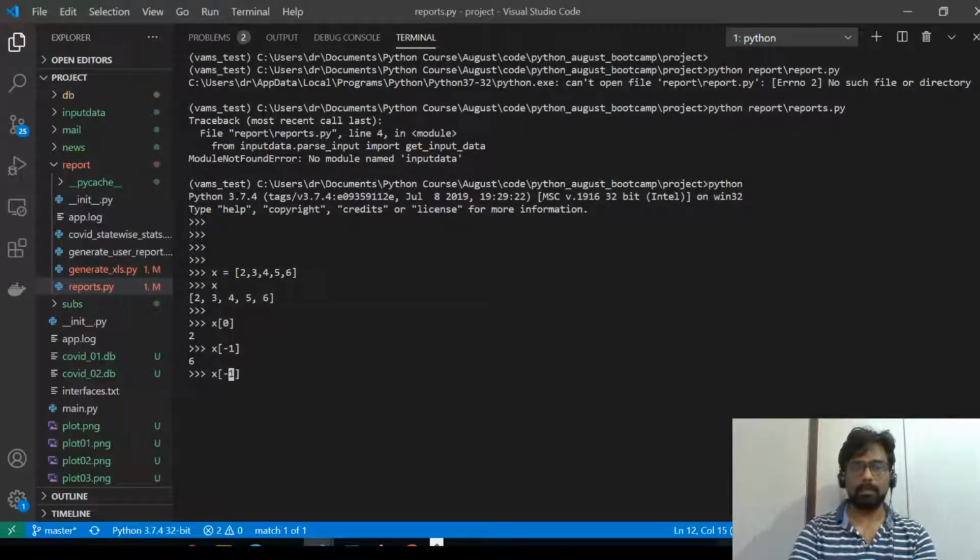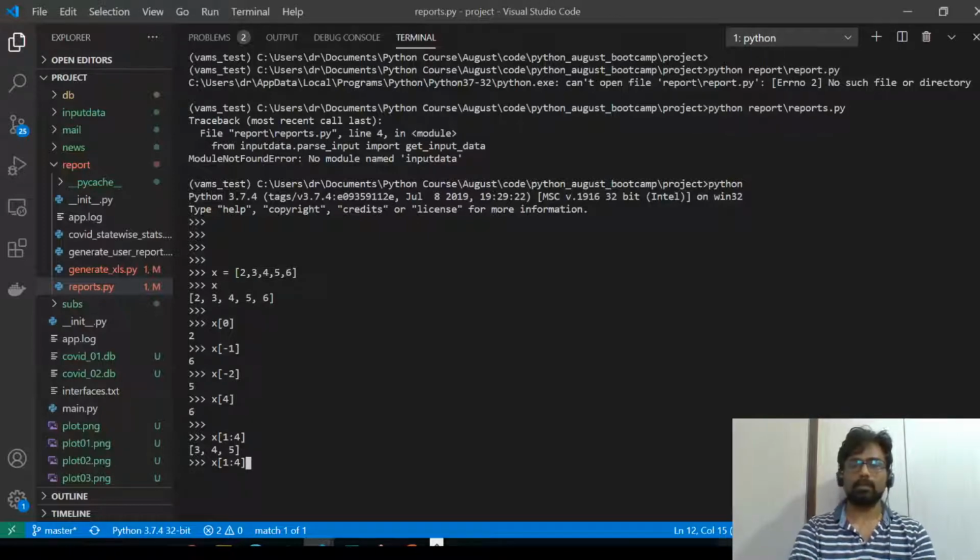Okay, similarly, if you do -2, you get the second to last element. So you can traverse from this side and you can traverse from the other end using positive and negative indexes. Of course, you can get the last element, something like 4, because this is 0, 1, 2, 3 and 4. Okay, so that is about how you can access elements using negative indexes. List slicing is nothing but you want elements from 1 to say 4, so you get only this. So this is called list slicing.